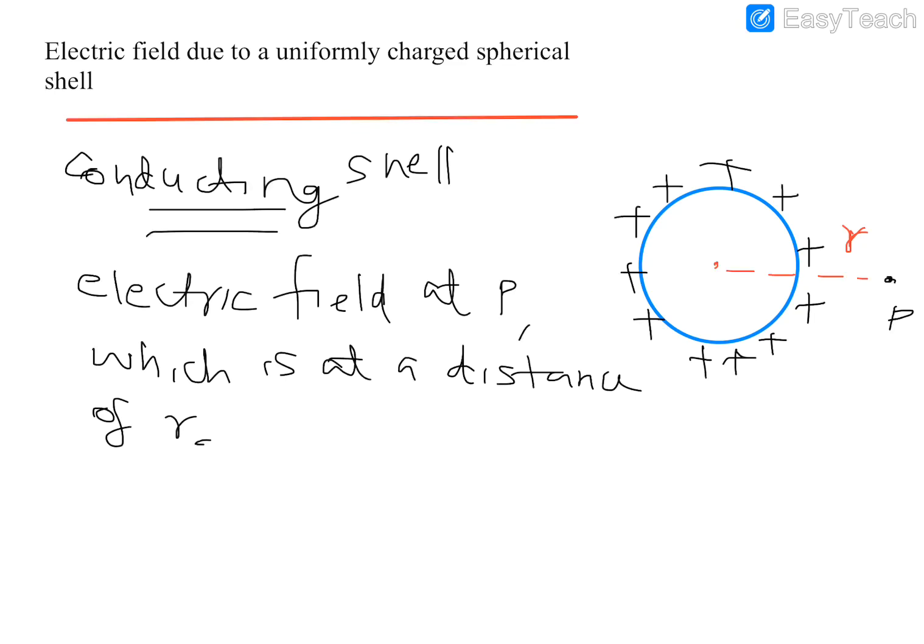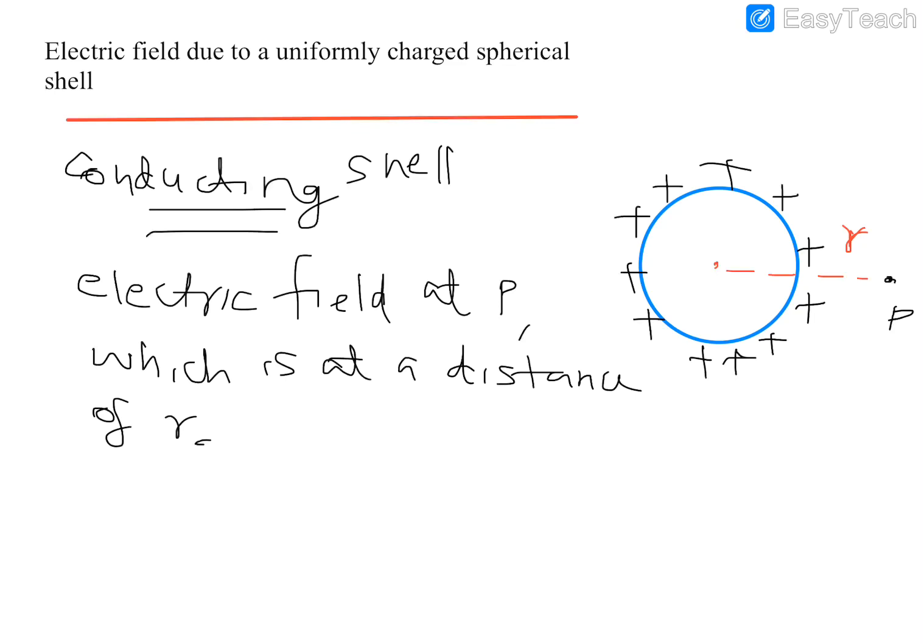Whenever you want to use Gauss's theorem, you need to consider a closed surface for the point you are going to consider. Here the point you are considering is P, but P is not inside a closed surface, isn't it? So first you need to get a closed surface. Such a surface is called a Gaussian surface. So the first thing is to consider a closed surface which will include your point also.